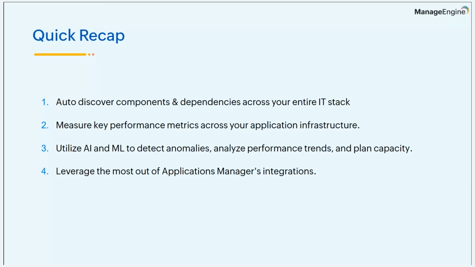What are the key performance metrics in your application server, database server, and operating system server as well, and how it looks in the UI of Applications Manager. In part 3, we saw how you can utilize AI and machine learning to detect anomalies, analyze performance trends, and plan capacity. And in part 4, we saw how you can leverage the most out of Applications Manager's integrations as